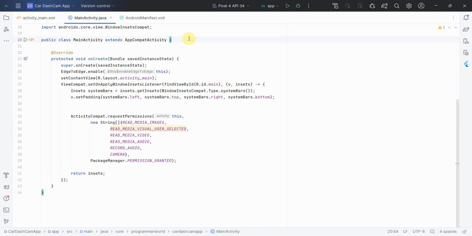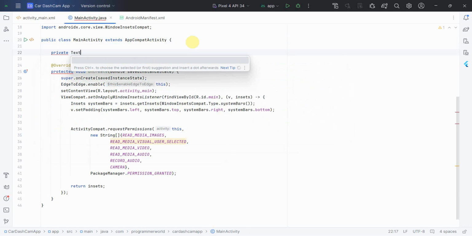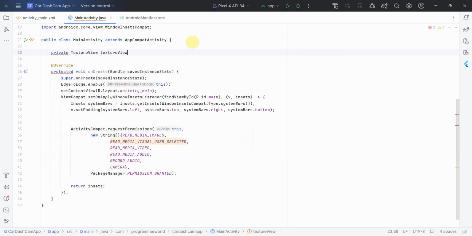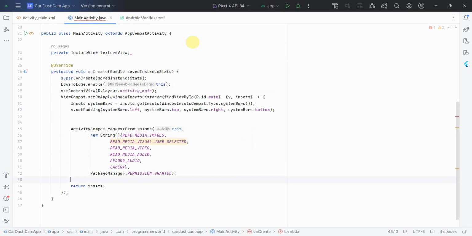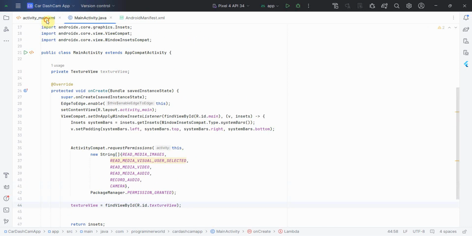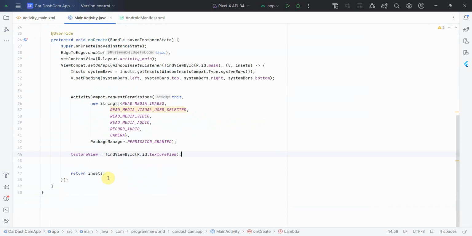So I'll go into the Java code, and first and foremost I'll define the class variable called TextureView, so that I can associate it with the widget TextureView in the layout. findViewById R.id.textureView. So if you notice, it was TextureView in the layout also, same thing over here. Now coming back to the Java code,